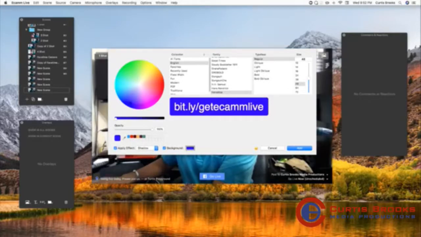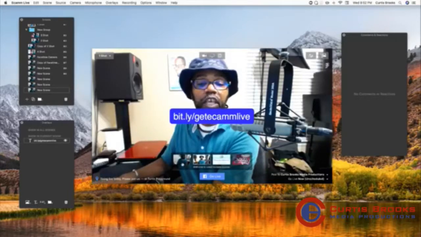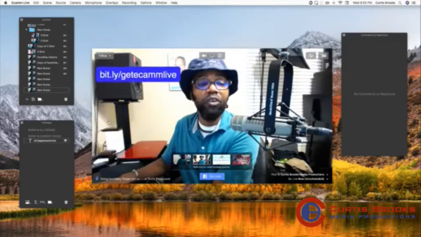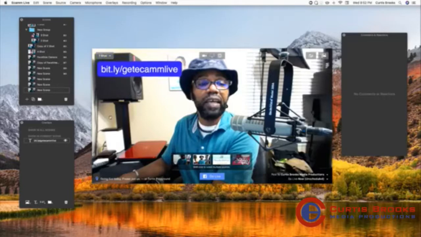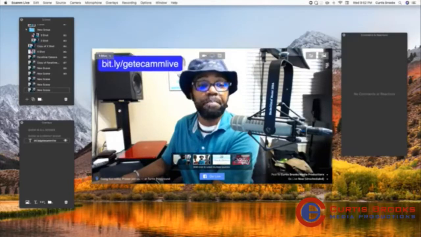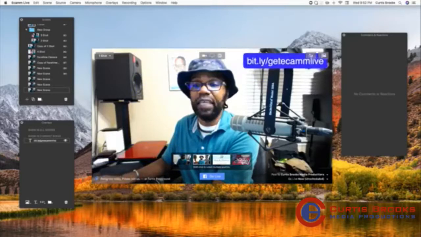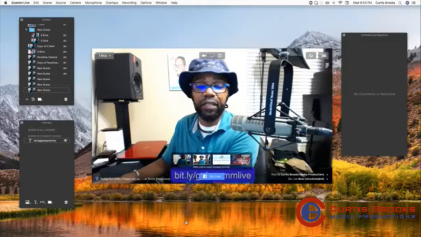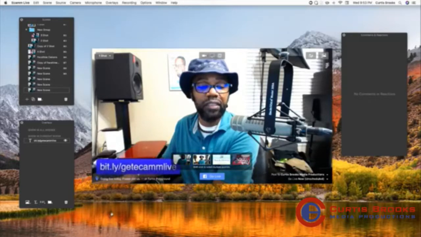So I'll bring that on screen. Add that on screen. You can move it around now. It doesn't have to be right in front of your face, but you can place it anywhere on screen. It doesn't affect this item here for the one shot. It actually is kind of behind it. You can move it and drag and drop this anywhere on screen, guys, anywhere. So you see here, if I wanted to have it in this lower right-hand corner, it actually sits behind it, so it doesn't affect any of the items that's going on here. If I wanted to have it right there or right there, it doesn't affect any of that, so it kind of just sits behind it.